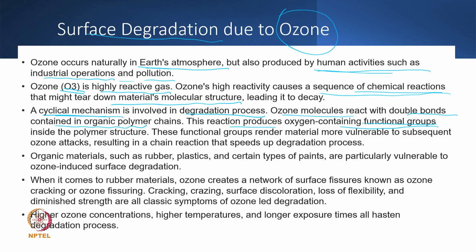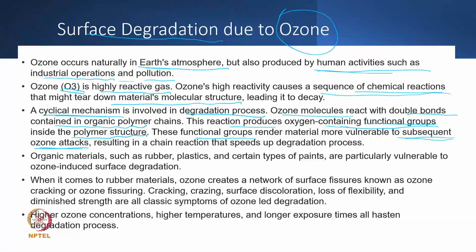So, the ozone molecule comes in, and it increases the chemical activity. Not only does it disintegrate one bond, but the material becomes much more reactive, and in this way oxygen-containing functional groups form, even inside the polymer structure. These functional groups then make subsequent reactions happen, and the ozone is still there, the oxygen is also there. So that is why there is a chain reaction, a continuous reaction, and it will speed up